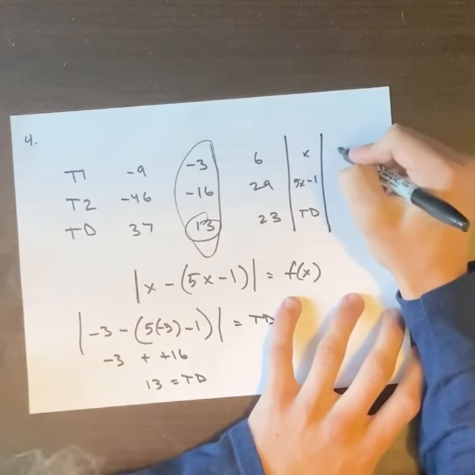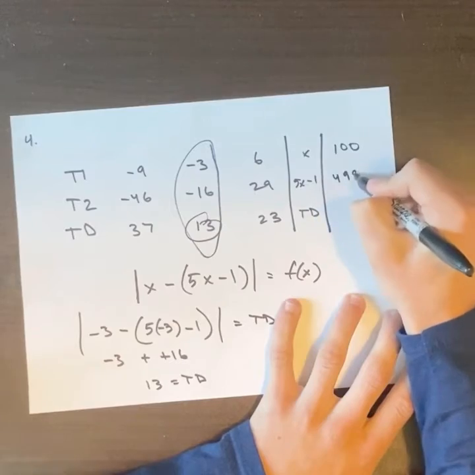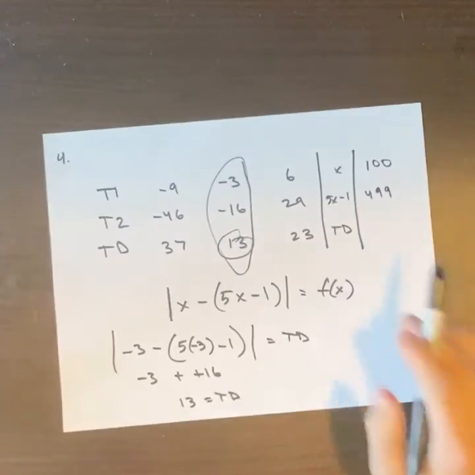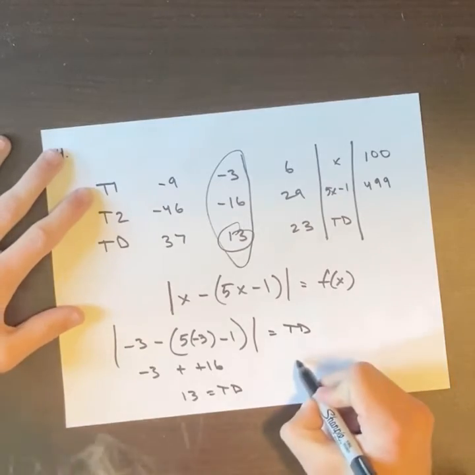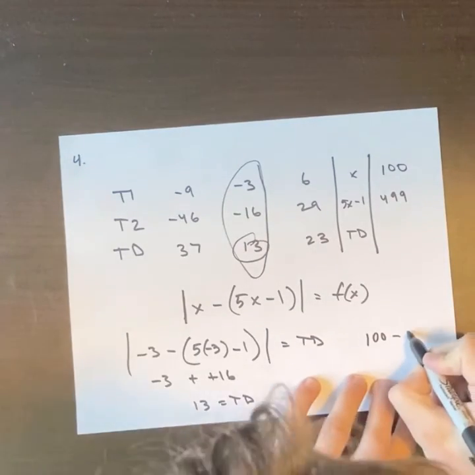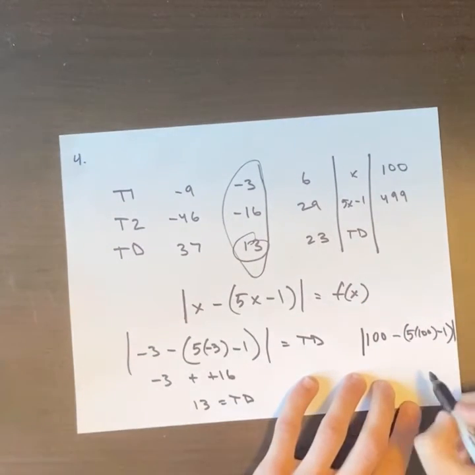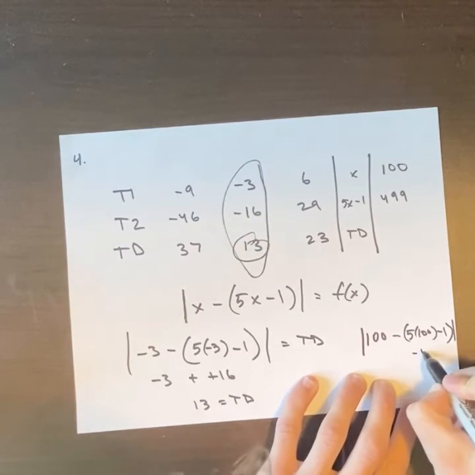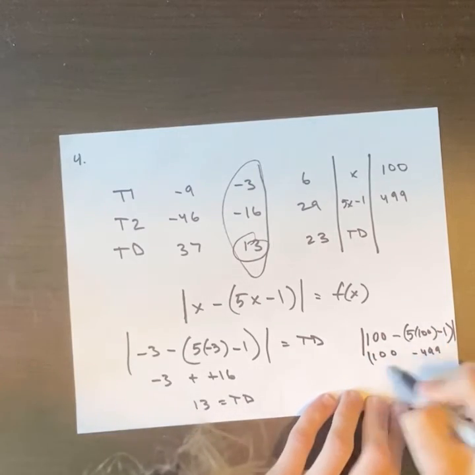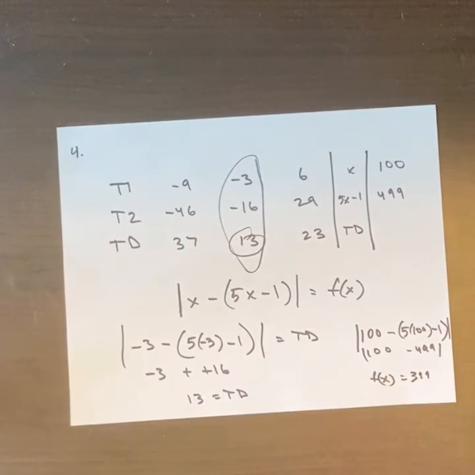Here's another example, say temperature 1 was 100, temperature 2 would be 499, because 5x minus 1 of that is that. Plug that in, 100 minus (5 times 100 minus 1). Well, that's all absolute value. This is 499. 100 minus 499, f of x, is equal to 399. So the function is the absolute value of x minus (5x minus 1), that's in parentheses, and that's all absolute value equals